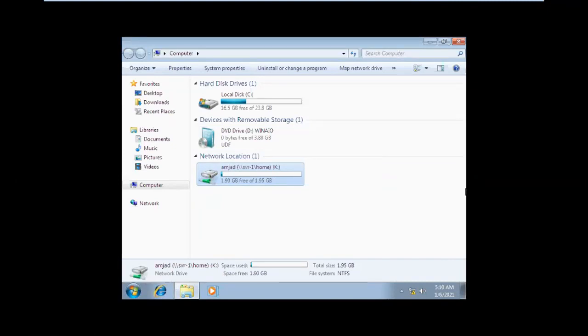Amjad also gets the same space, and Muhammad also gets the same space. Usman also, Tahir also, Riyaz gets the same, and Shoaib also. Everybody gets the same space, right? Yeah, sir. But all users require only 1 GB, right?